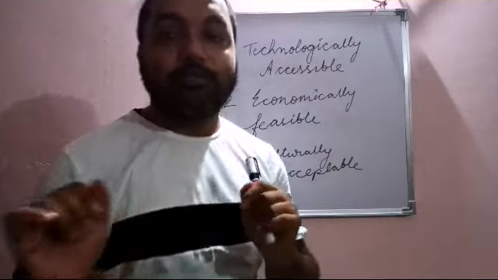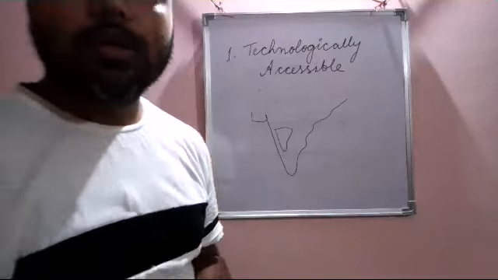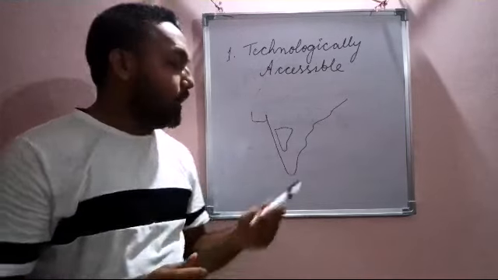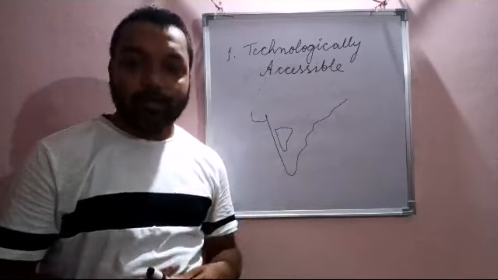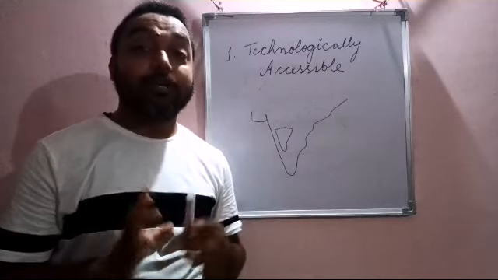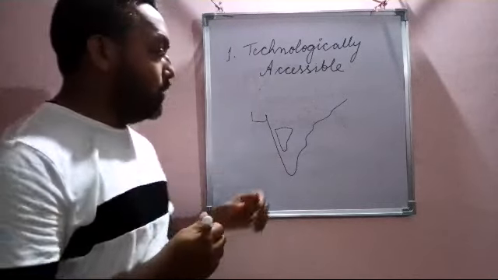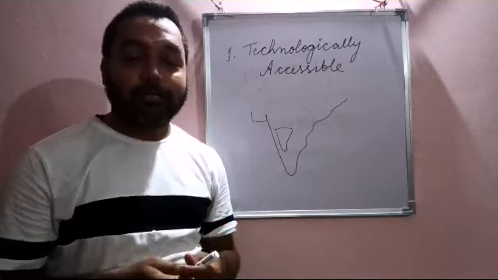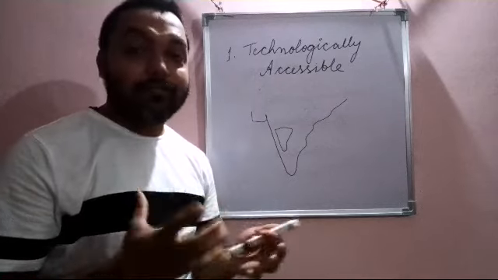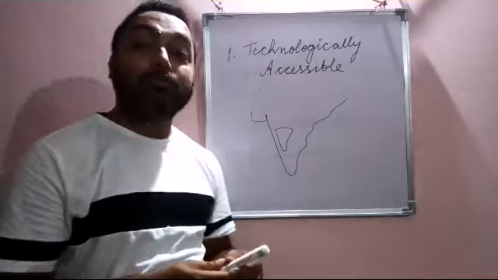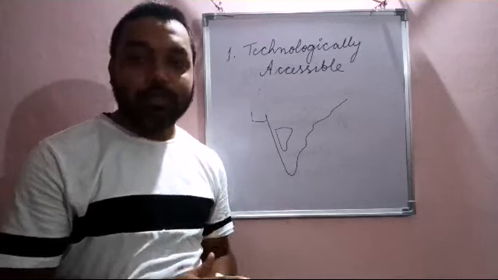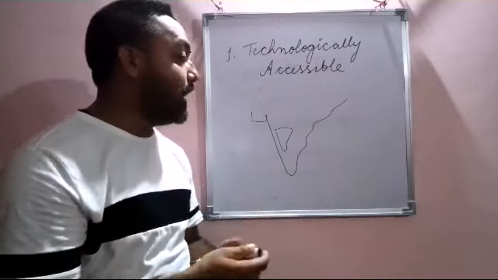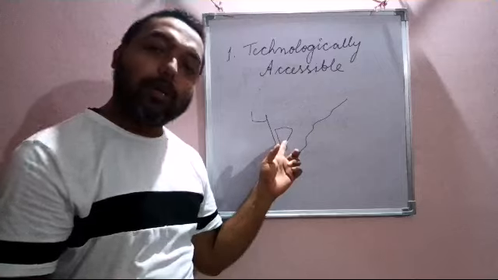Let me explain elaborately with an example of the first point, technologically accessible. Here I am drawing the map of southern part of India. We all know that southern India is very rich in coal. By research and scientific survey, we have found that there is a huge amount of coal in some part of South India. But if the government of India does not have the technology to access that particular resource,